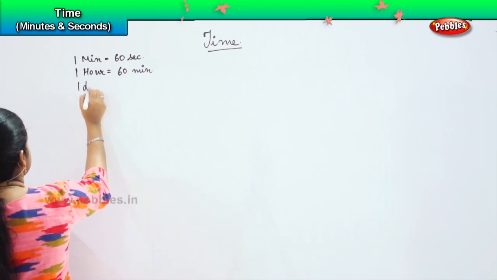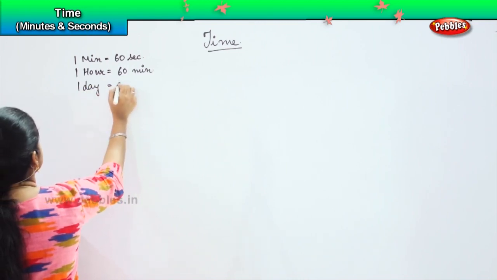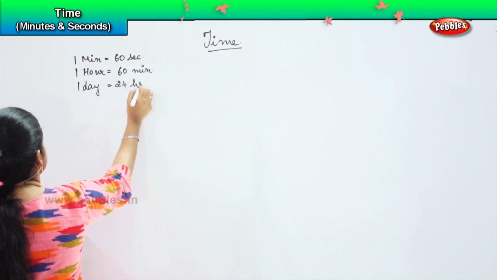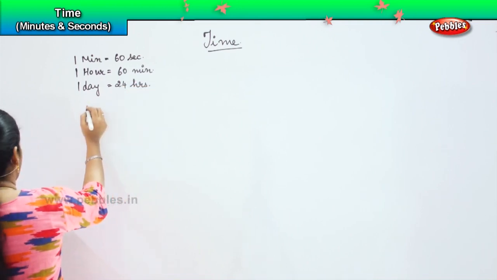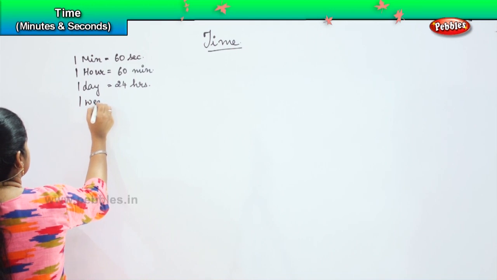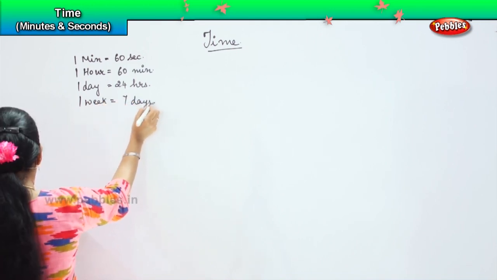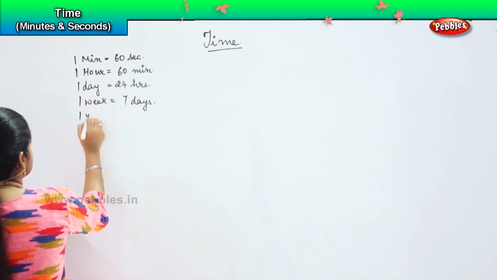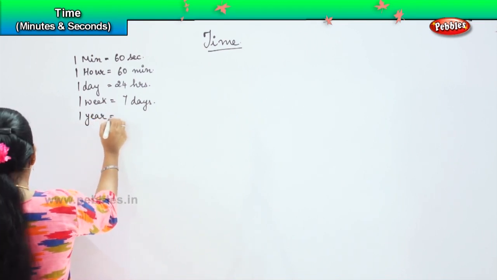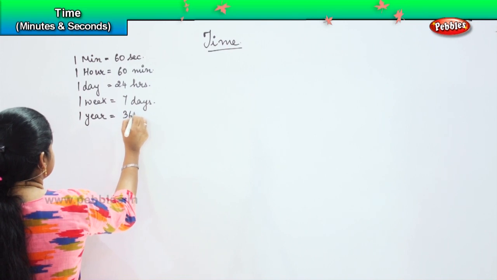1 day gives me 24 hours. 1 week gives me 7 days. 1 year gives me 365 days,